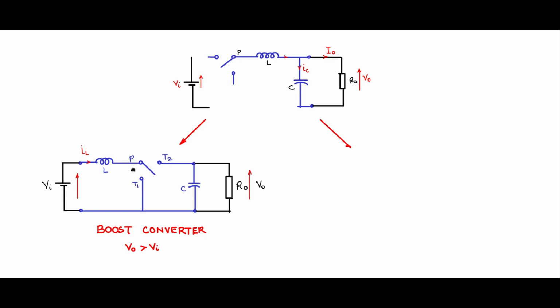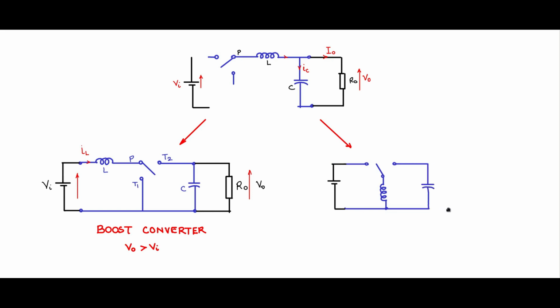Then the other possibility, see in the buck converter, the inductor is on the output side. In the boost converter, the inductor is on the input side. One other possibility is to have the inductor connected to the ground. So let us do that possibility also. You have the single pole double throw switch in this fashion. We have the pole here, inductor connected to the pole and the other end connected to the ground. And one end of the throw connected to the input and the other throw connected to the output.